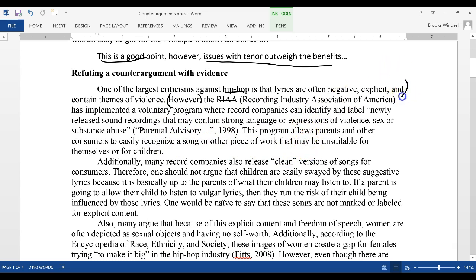So here she brings in a counterargument and she refutes it and says that's not true. Additionally, many record companies also release clean versions of their songs for consumers. Therefore, one should not argue that children are easily swayed by these suggestive lyrics because it's basically up to the parents of what their children may listen to. If a parent is going to allow their children to listen to vulgar lyrics, they may run the risk of their child being influenced by those lyrics. One would be naive to say these songs are not marked or labeled. So she's just kind of reinforcing her point that it's basically the parents' fault if kids get